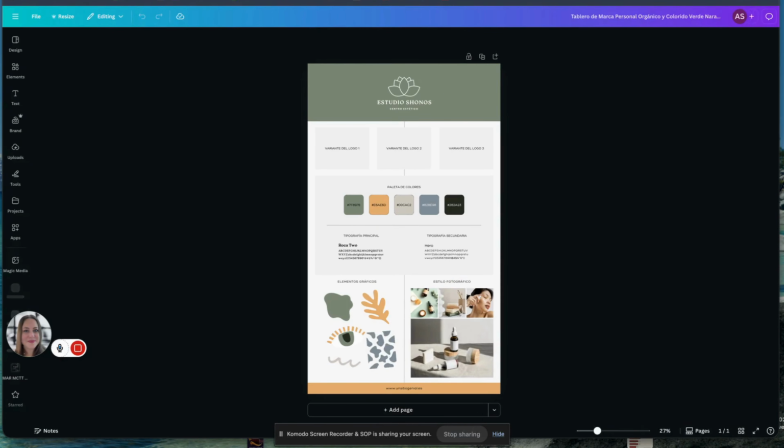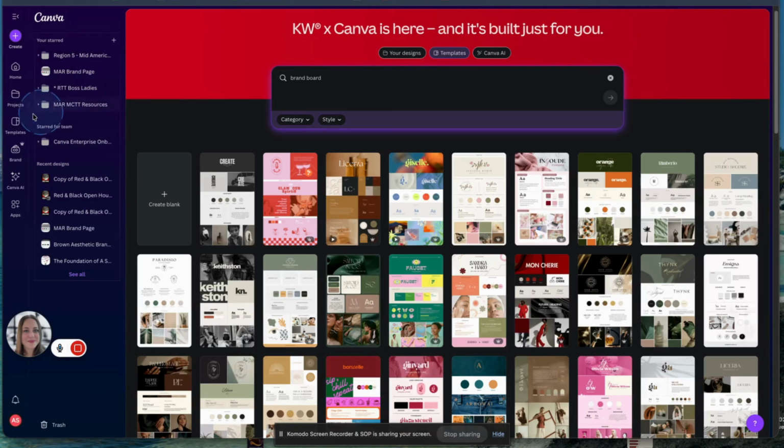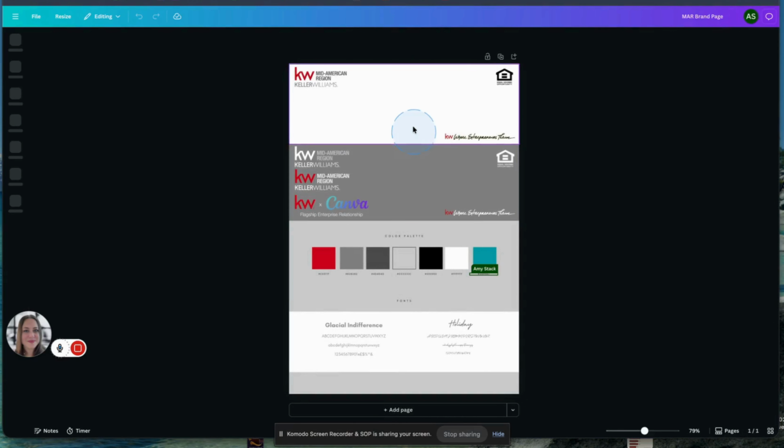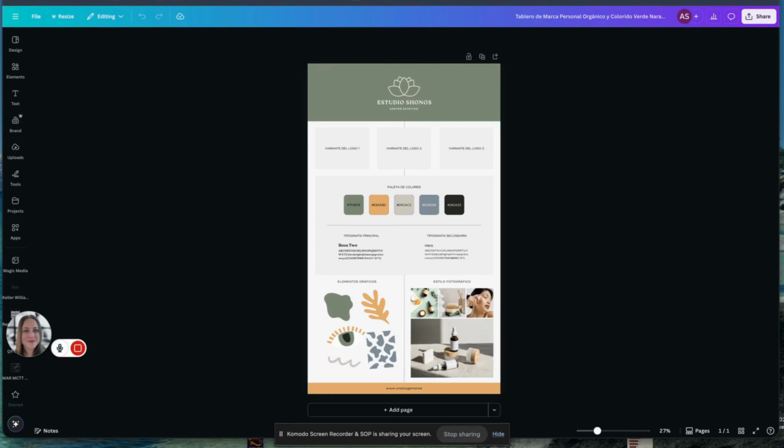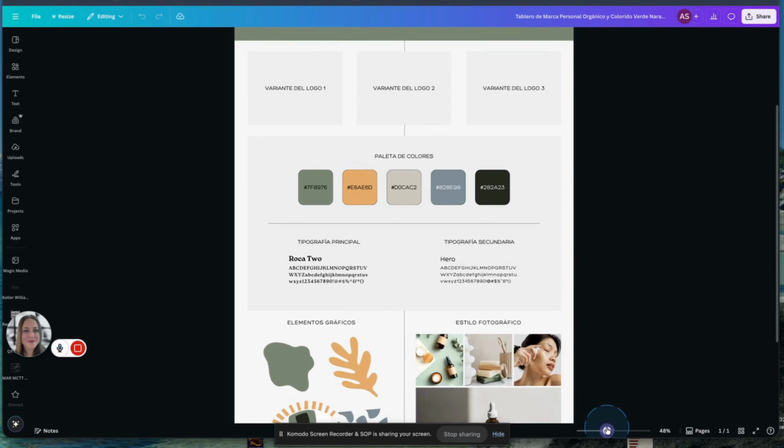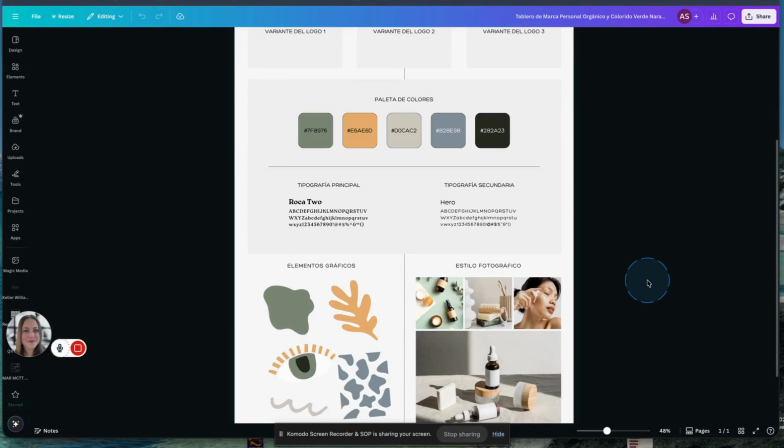And if you remember, I'll pull mine up so we can see it again. I have a light section and a dark section. I have different colors. Now all of these colors are part of my main color, so I can see how everything works together. But I did this on purpose, where there's the white and the dark, and I'll talk to you about that now. So here's our brand guide, our brand board, and it already has some colors in there,